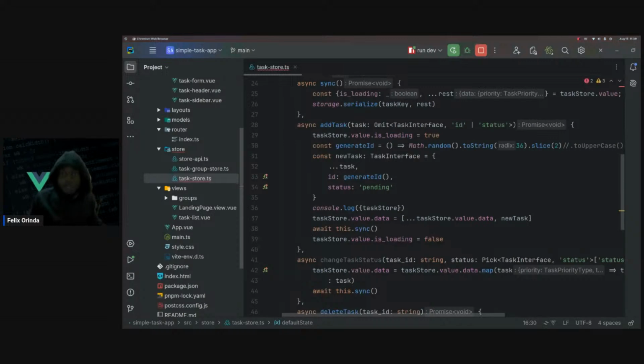So I'll be trying to solve the issue that we had previously, that which was on